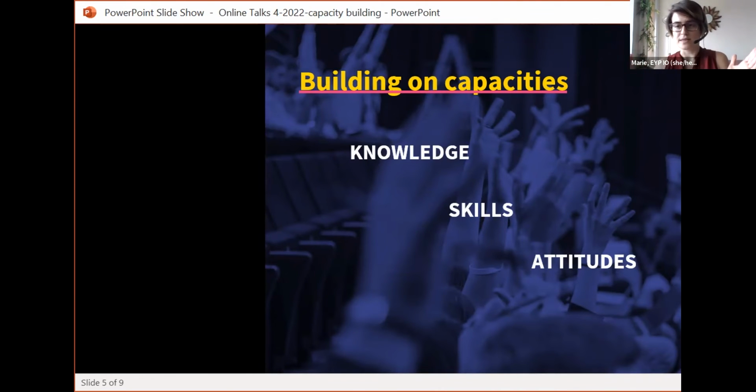Ideally, when you facilitate, let's say in one workshop, it is best to work on knowledge and skills. It's a bit hard to work on attitudes in a 1 hour workshop, for example, but that's always important to consider if you're building several days trainings. You should always look at, okay, what do I do for knowledge, what do I do for skills, and what do I do for attitudes and behaviors? So it's these three elements always coming together that should be considered.